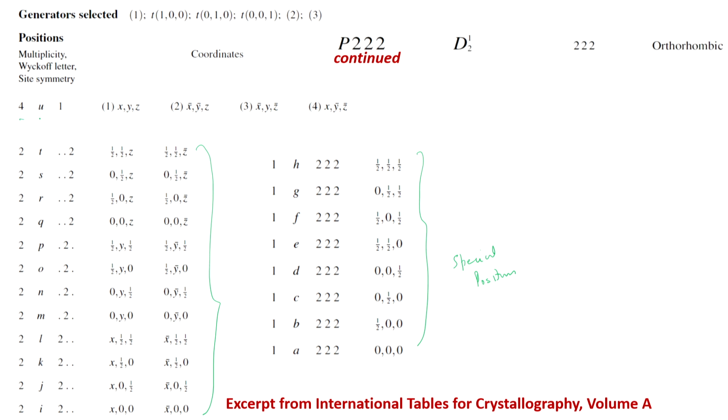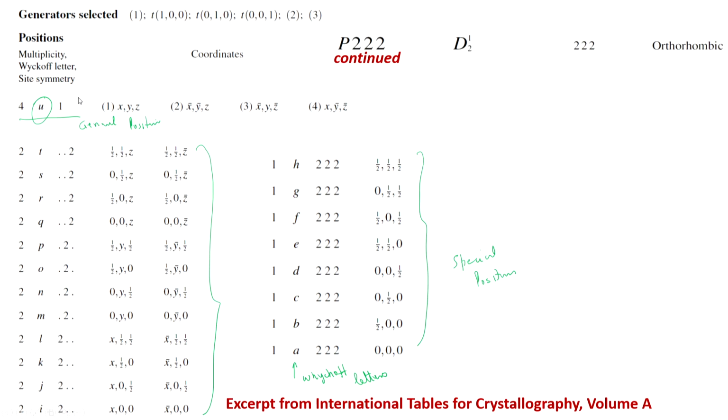And this one is a general position, and one can study this in detail, and you should have a look at it in detail, that all of these positions are either in the top general position or a special position. And if you look at the Wyckoff letters now, so these are the Wyckoff letters. Wyckoff letters, we start just labeling them as A, B, C, D onwards, they go all the way up till U.